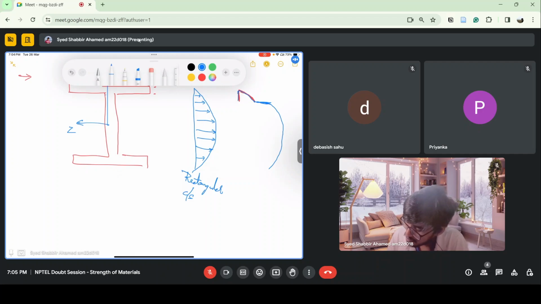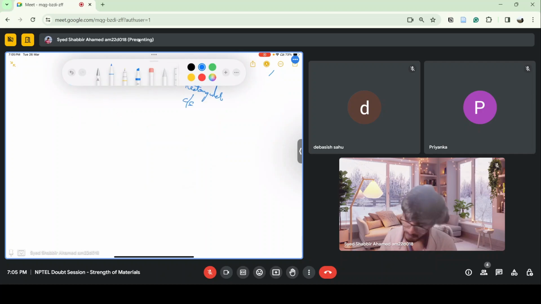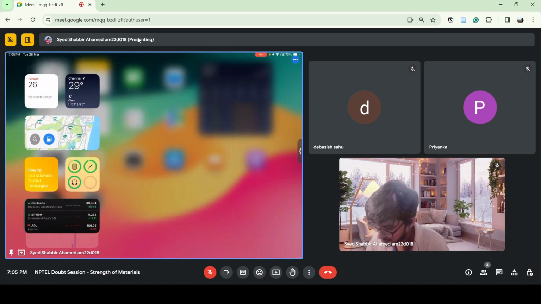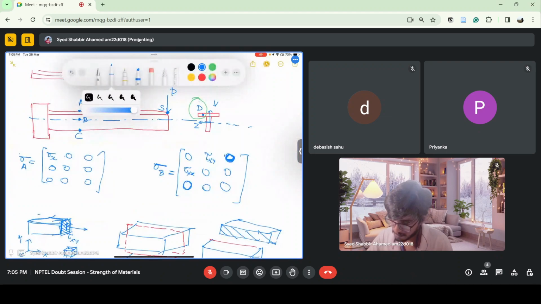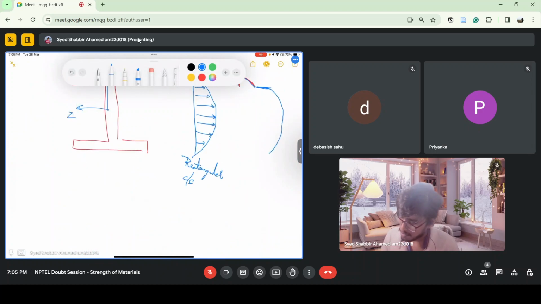We have got this expression: tau xy is equal to V A y bar by I b. So V is the shear force and you can see that